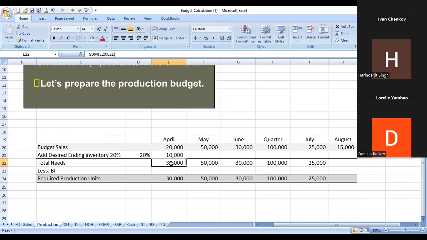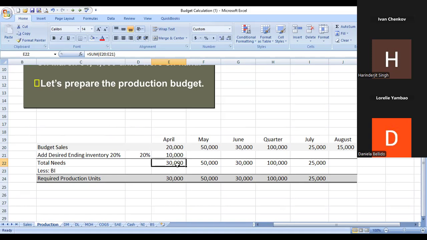in order to generate $20,000 sales in April and to have $10,000 at the end of the April, we need to produce 30,000 units. In total, we need 30,000 units. Now,